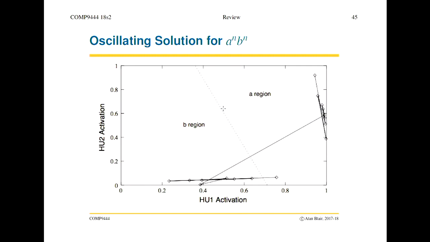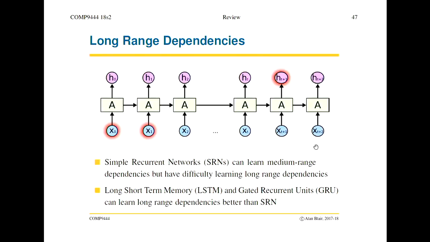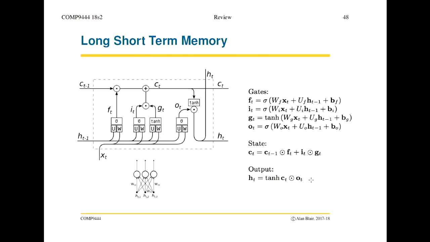We did some analysis with simple recurrent networks trained on simple languages like A^n B^n. We saw how they would oscillate towards an attractor and then oscillate out from a repeller, and A^n B^n C^n. Then we talked about how we needed more long-range dependencies, and you get this through LSTMs or